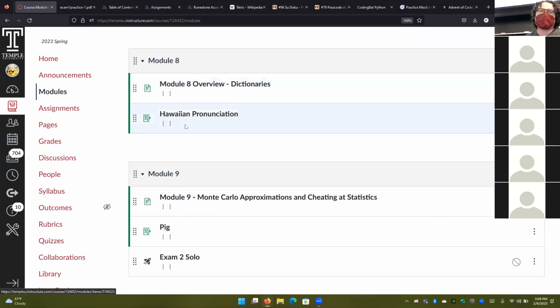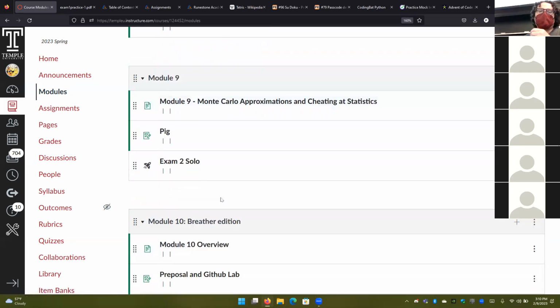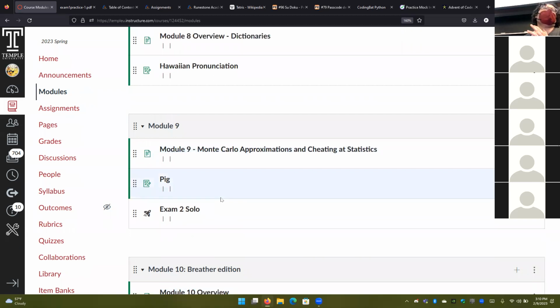Once we get there, we will learn about dictionaries, which are hard. Week 8 will be dictionaries, those extremely useful tools built into Python and other programming languages, but Python really likes using them. Module 9 is where we get into math, and not the really scary math, but the fun math, where we talk about gambling and game shows and figuring out how that stuff works.